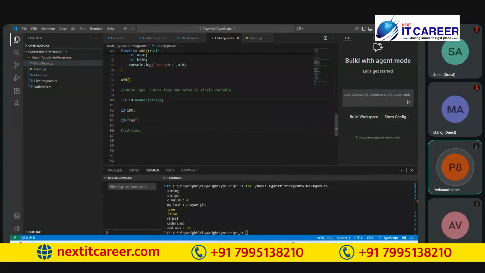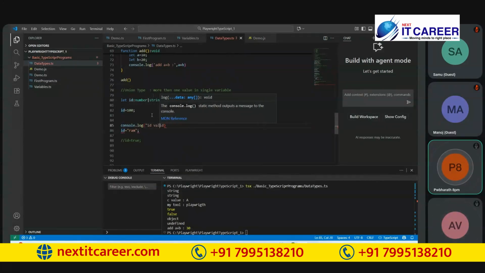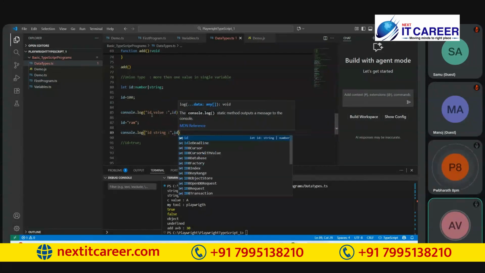Yes, Bharat. So see this, console.log. If you are supposed to print the ID value like this, we can then console.log the ID string value like this.